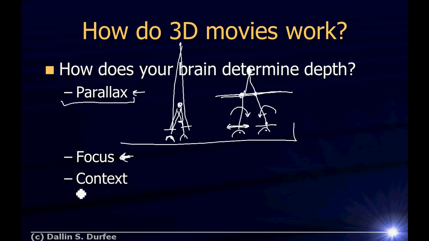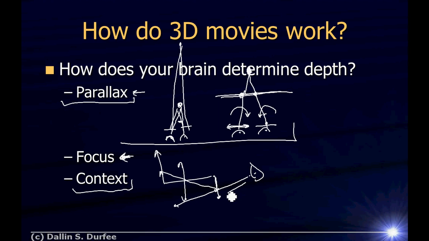But also context can be used to determine dimensionality. Your brain interprets things based on the image as a whole, what things are surrounding different things. And as you'll recall, I mentioned that oftentimes in real life, a lens will make a real image. We'll have some object here, and it'll make an image over here, and you look at it with your eye, and it should look like it's floating in front of the lens, but your brain says, typically the lens is small, the scene is big, and your brain says, look, I only see this object when I'm looking through the lens. If I look down in this direction, I don't see the image, right? Because the image only occurs when the light bends from the lens to my eye.